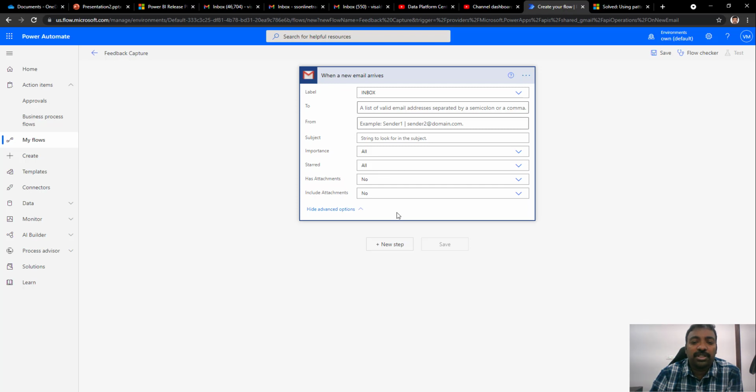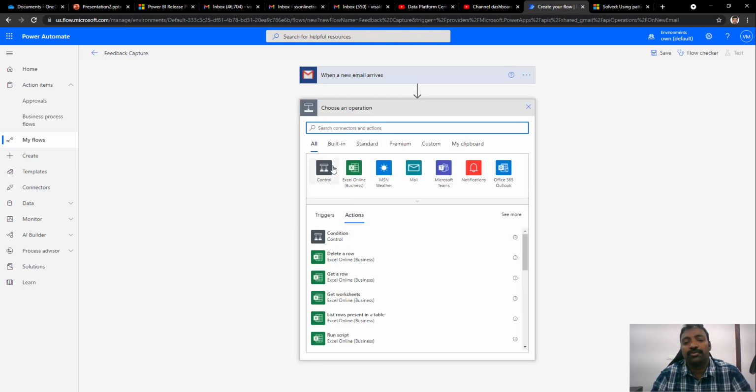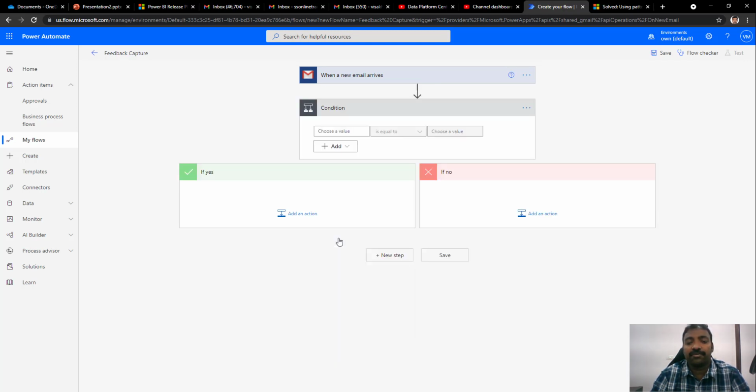So for that purpose, we are not going to change any of the other properties. Click on the new step, and we are going to create a conditional flow. So you can have a conditional control flow. You can select this task which provides us with the if else type of construct, where you have a yes condition and a no condition. Here we have to specify a condition, and if the condition is yes, the corresponding tasks inside will be executed. And this is almost self-explanatory.